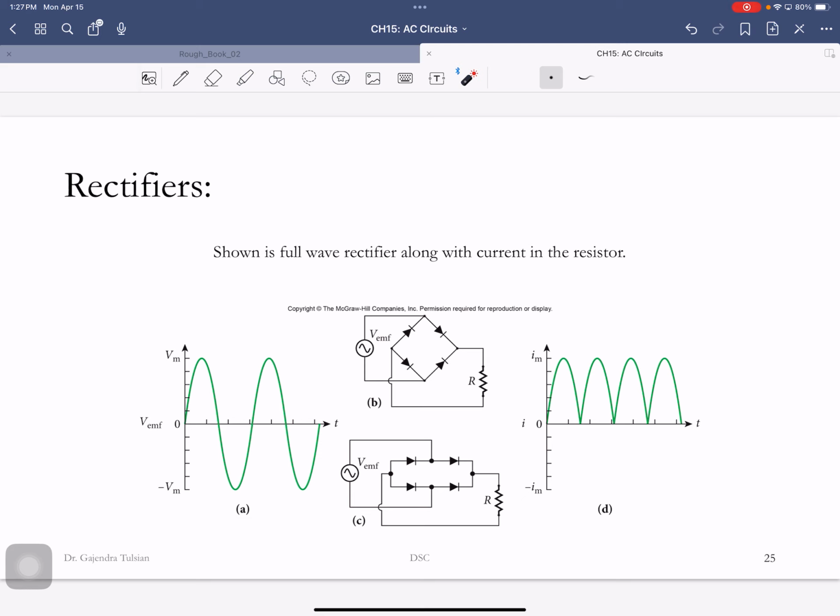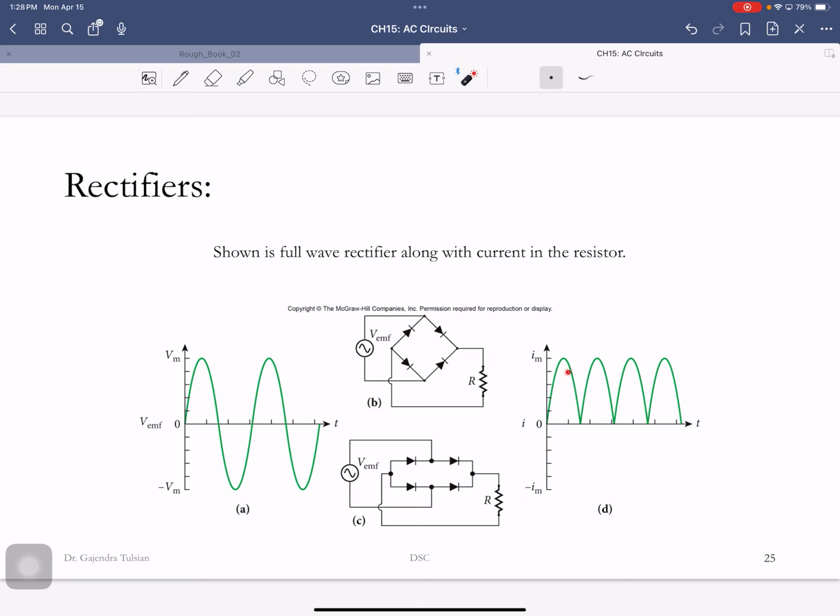Okay. So when this is positive, the current goes through here. It won't flow through here. It'll flow through here, flow like that. During the negative cycle, it'll flow through here. It won't flow through here. It'll flow through here, and then right. Okay. So now you've captured both the